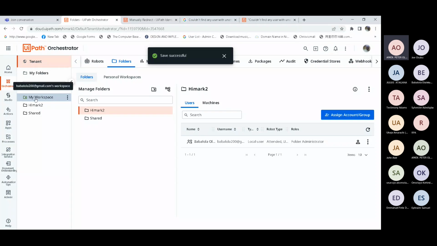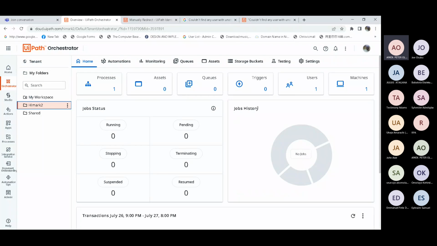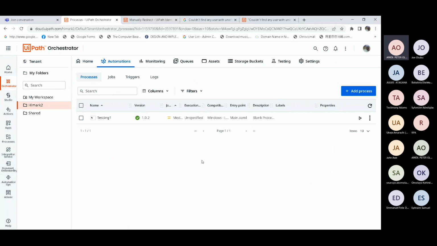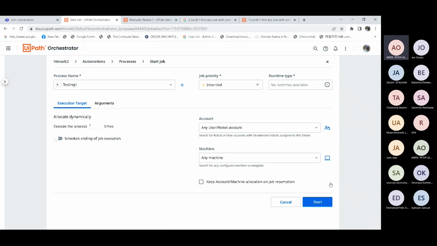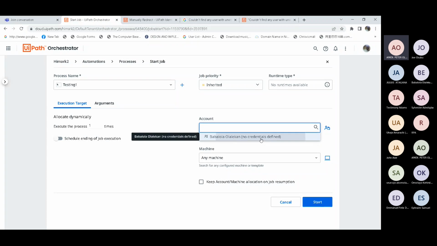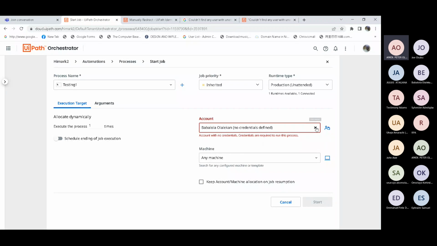So maybe you cannot try it now. Okay, let's look at the robot first. You can leave that one, leave it with the account.